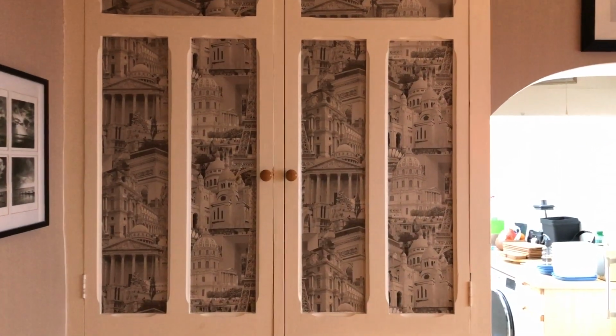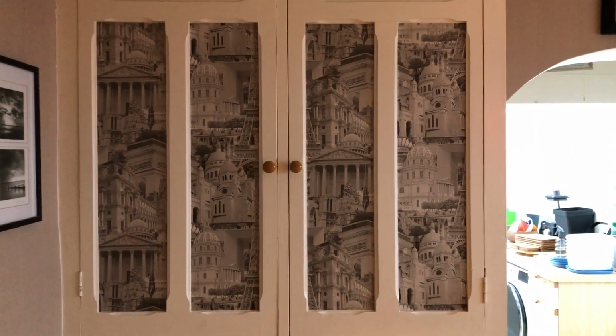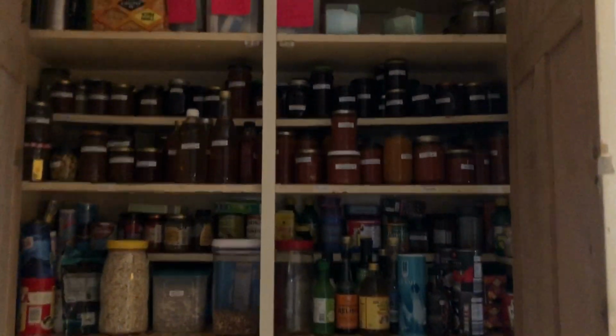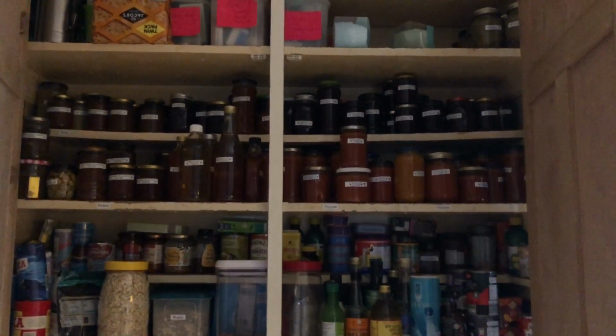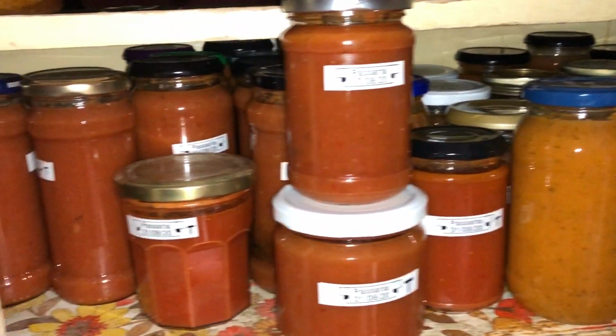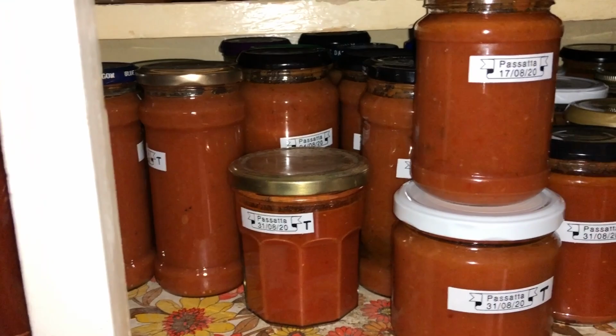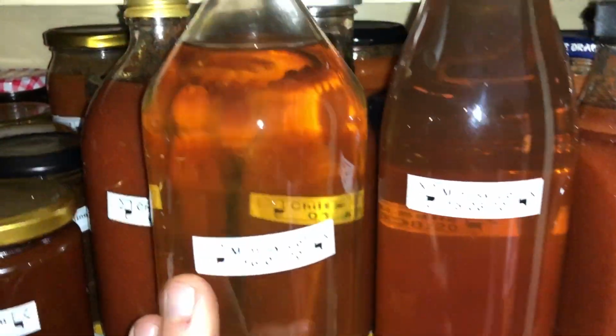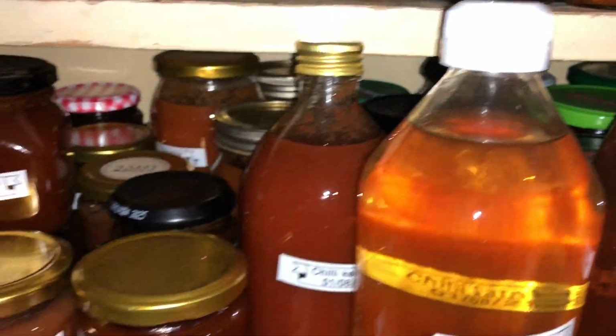So we'll start off indoors. We've got this really big cupboard in the dining room. This is essentially our pantry. The upper shelf is all the preserves, and the first shelf is mainly passata mixes and ketchups, and then there's all sorts of syrups, more passata mixes,